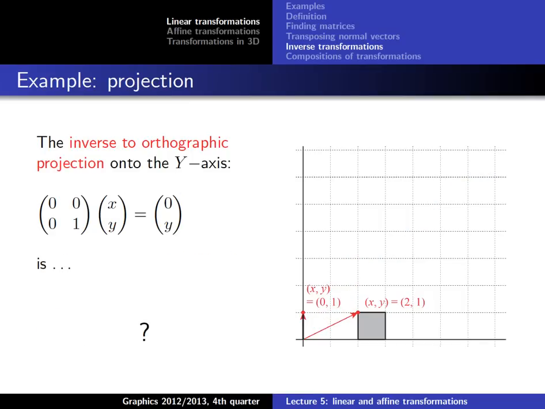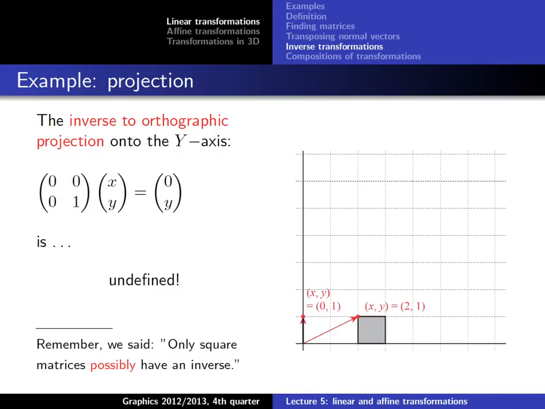Now for the orthographic projection, it's not that obvious from the image, and also if you calculate the inverse matrix, you will realize it's not that obvious. It's not only not obvious, but it's also not possible, because that is undefined. And you see that from the arithmetic, because if you do Gaussian elimination, you will end up with exactly this